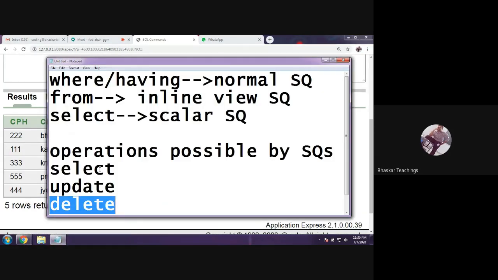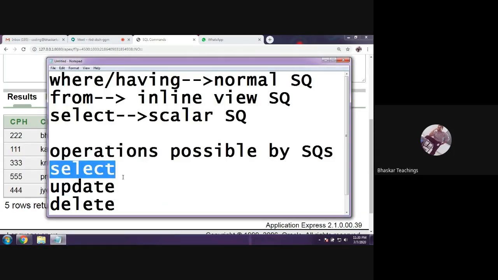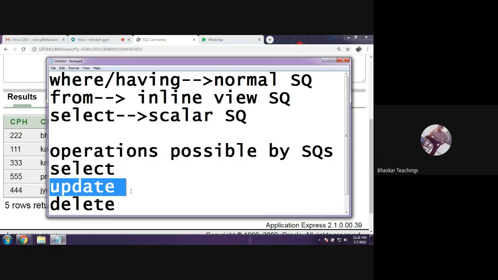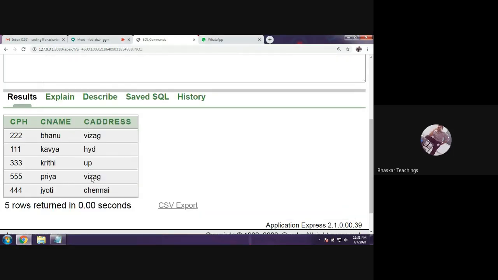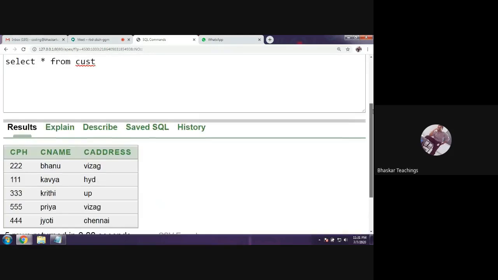I'm telling you for the last 3 days, 3 classes. Select operation means getting the data from one table based on the condition from another table. Updation operation means updating data in one table based on the condition from another table. Same way here also, perform the deletion operation in this customer table based on the orders table, because you need to check whether that particular customer has any order or not in the orders table. If there is not a single order, perform deletion here. Okay, so how to check it?